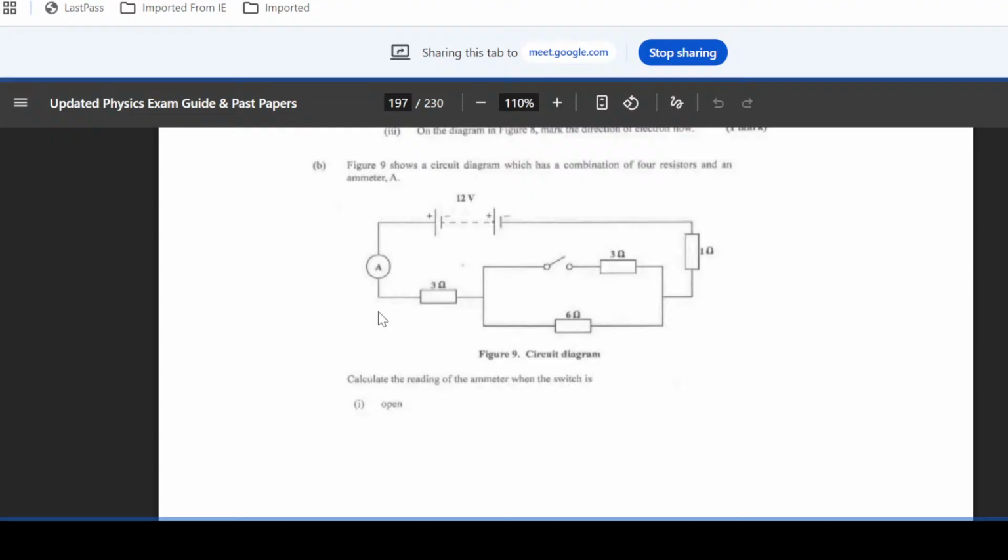You're using the same V equals IR equation, just transposing for current. So I would be equal to